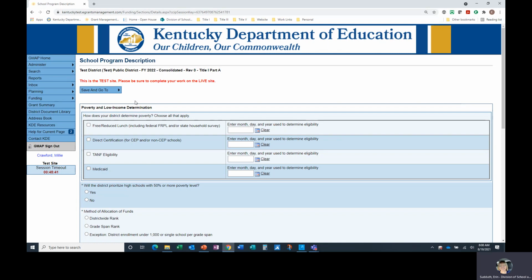First, select the measure used to determine poverty, as well as the date that the data was pulled. Districts have the discretion to choose which poverty factor is used to rank and serve schools and distribute funds. They aren't required to use a particular one. It might be useful for new coordinators to examine multiple poverty measures and see how they compare.